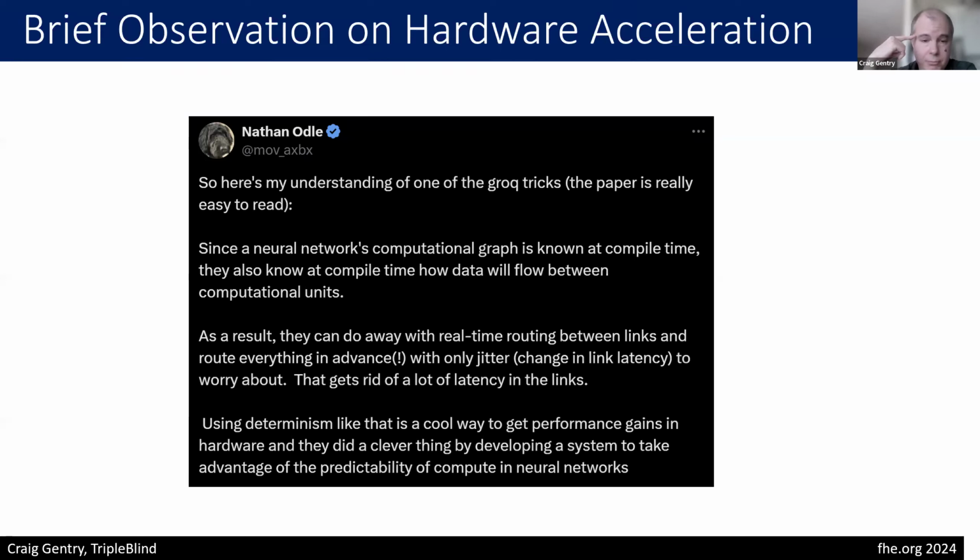So that obviously applies equally to FHE computation, and in particular to bootstrapping, because it's a fixed circuit, deterministic, and you don't have to worry about all this dynamic routing that would otherwise happen inside the chip. You can just do away with that and get 10 times better performance. So I see that as being a pattern in the future, hopefully,